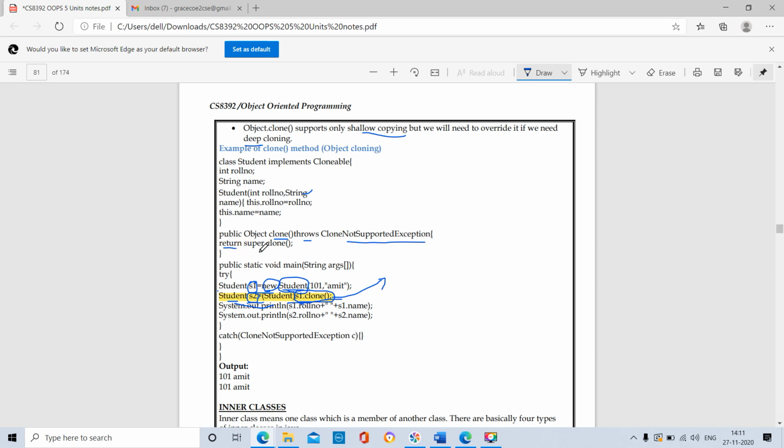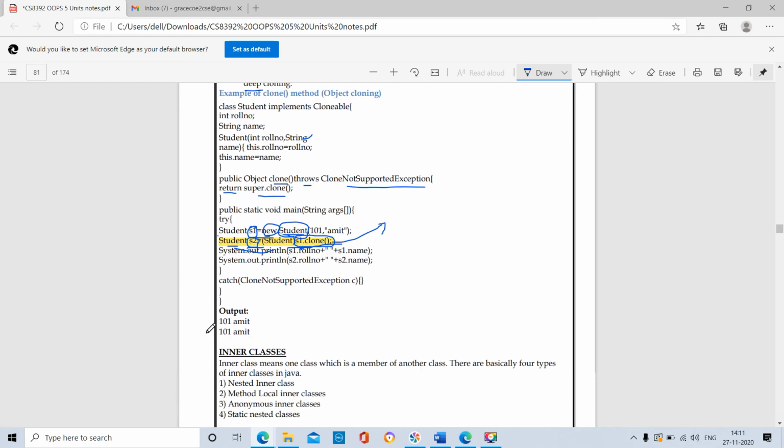It will return the super.clone method result. If cloning is not supported, it will display the error. In our exercise, cloning is supported, so these lines will not be in our output. Public static void main is our main method.